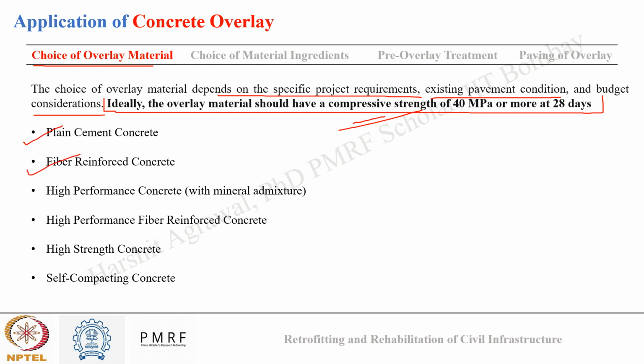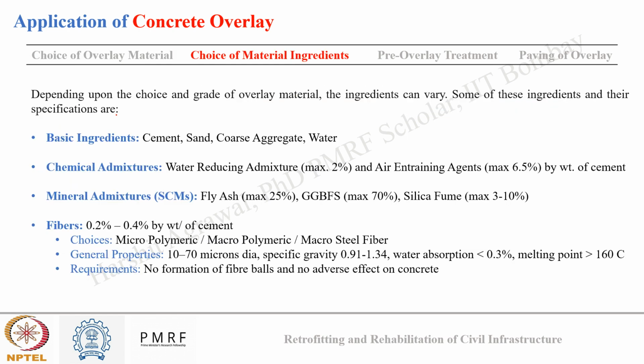It can be plain cement concrete, it can be fiber reinforced concrete, it can be high performance concrete, it can be high performance fiber reinforced concrete, it can be high strength concrete, or it can be self compacting concrete. The choice of the material depends upon the requirement of the strengthening, the condition of the pavement, and the budget considerations that we have. Okay. Now, depending upon the choice and the grade of the overlay material that we made in the first step,